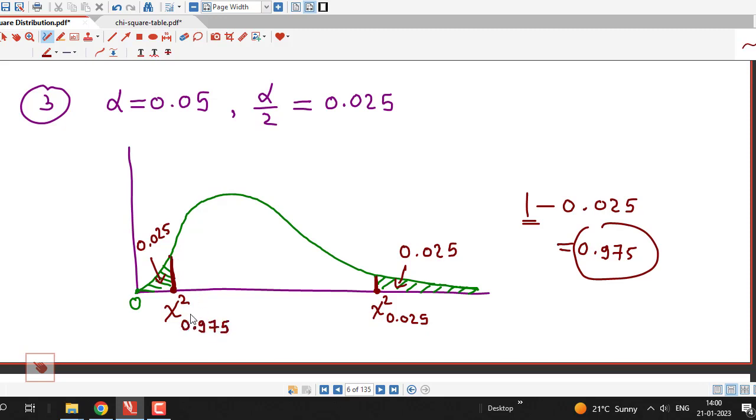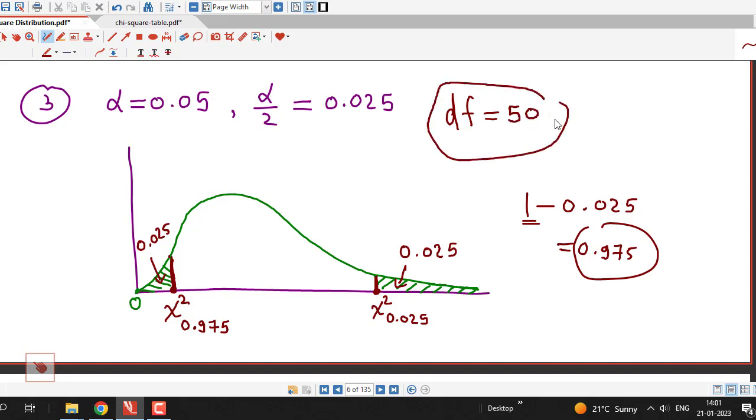So now I have to obtain these two chi-square values such that the area to the right side of this point is 0.025, and the area to the right side of this point is 0.975. And suppose we consider degrees of freedom equal to say